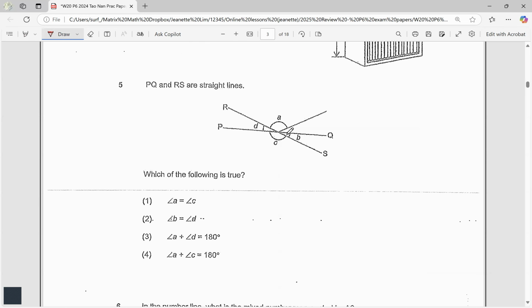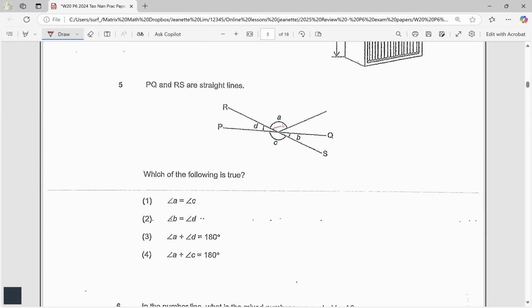Okay, question number 5. P, Q, and RS are straight lines. So when you have 2 straight lines cutting across each other, right? You have vertically opposite angles, which means that D and B are equal. Okay, let's bear that in mind and look at all these options. So we're supposed to find the one that is true. So is A equal to C? Not really, because A and C